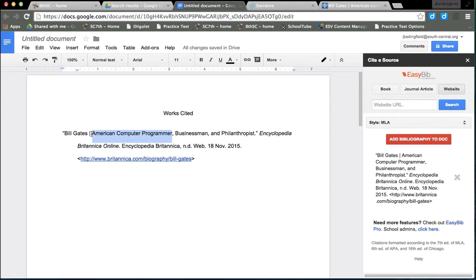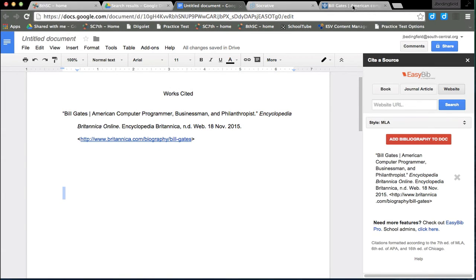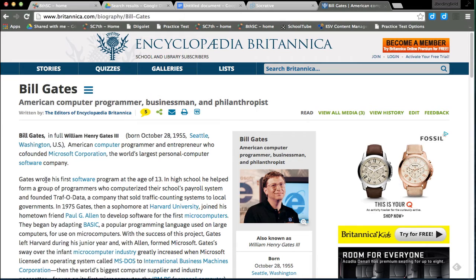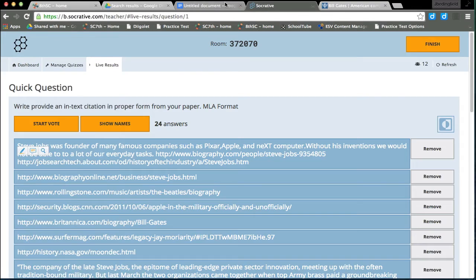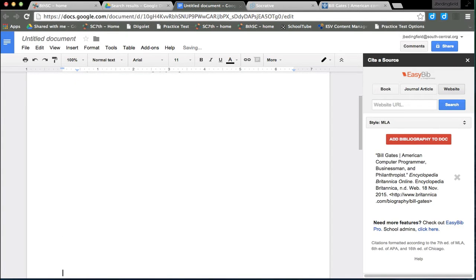I could take this much of it and put it in. So if I found something like Gates wrote his statistical information, if this was actually my paper, it wouldn't be on my works cited page. But in my paper, I could put the quote,